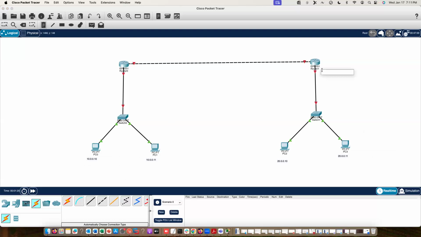This is the gateway 20.0.0.1, and this is the gateway 10.0.0.1. The subnet, just like 255.255.255.0, the subnet, and then we will use